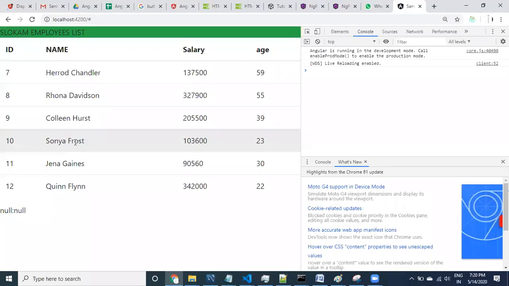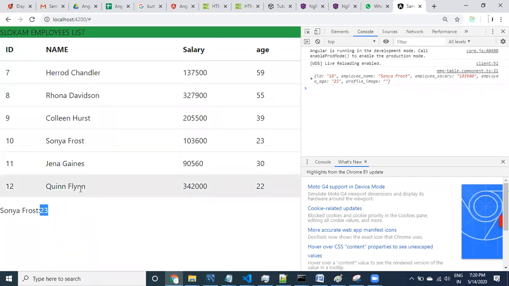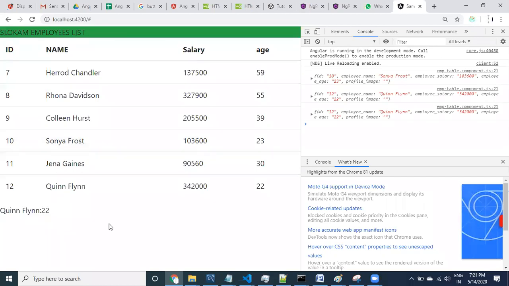Clicking on Sonia first. Let's look at it, guys. This is the name, and then this one. So if I click on the 12th, the 12th record's information gets printed. Now what kind of event have I applied, guys? Click event. Now if I mouse move on any record, that information has to get printed here. If I move on this, it has to print the 12th record information. If I move on the 11th, the information has to print over there. If I move on the 10th, the information has to print.